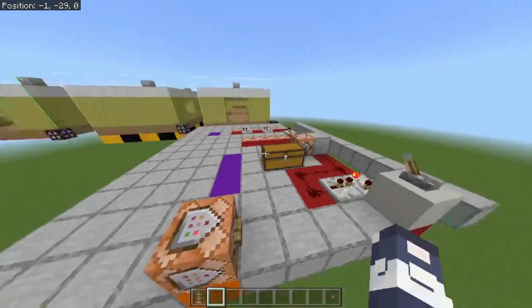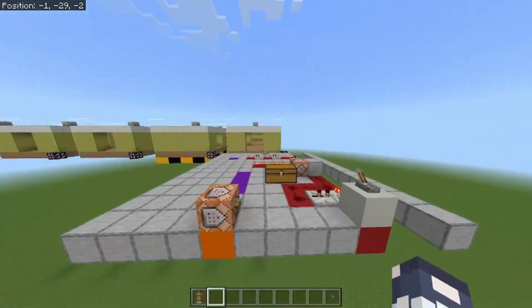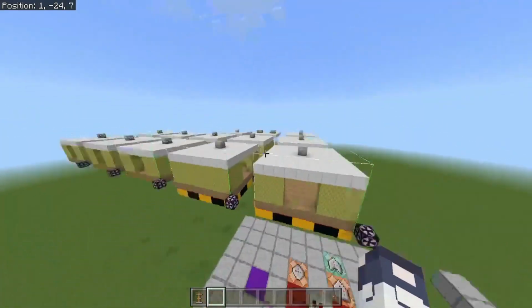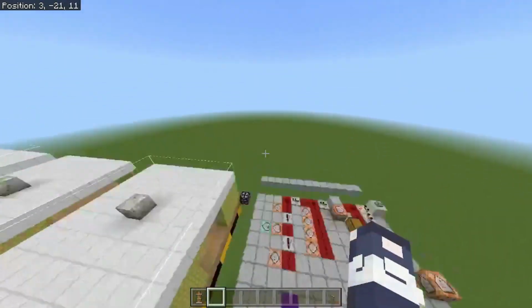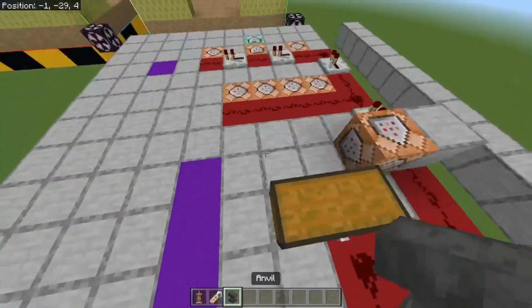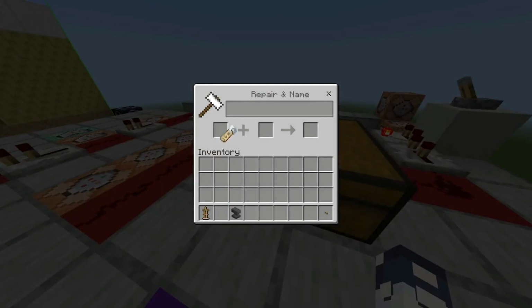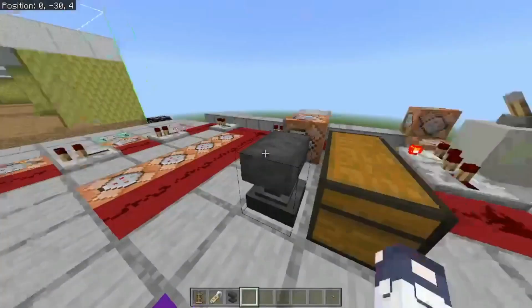Now we have to make it so that we have it cloning these structures. Here's what to do next. What you could do is place an anvil here, and then you can just name the name tag picking_the_rooms. And once you've done that,